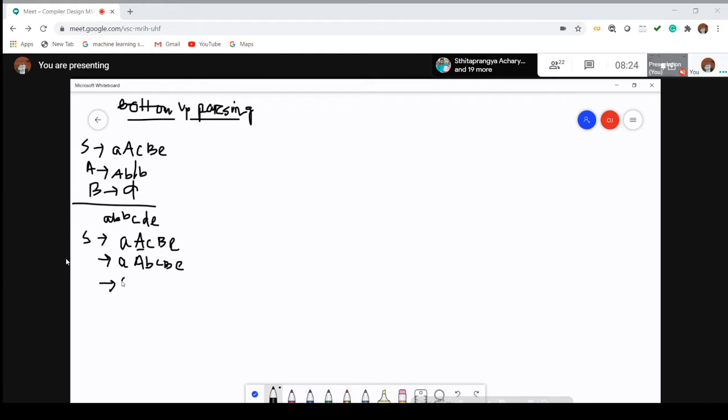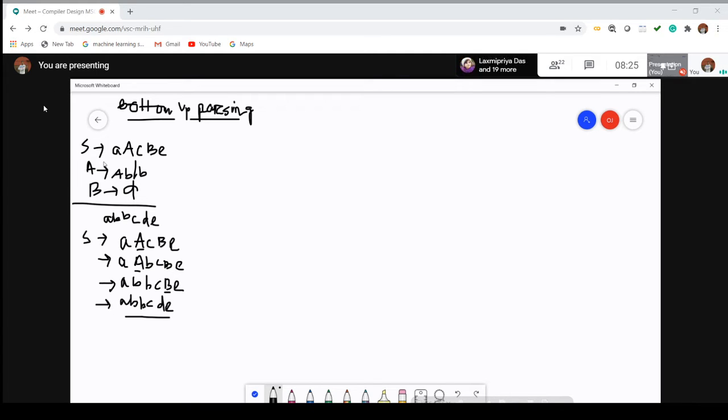Completed. Next, A is completed. There is a production from A to b, so I can replace with b. The rest will remain as usual. There will be c, capital B and e. Now, which one is the non-terminal symbol? This B is the non-terminal symbol. So it will be a b b, this one equal to small c. In place of B, there is a production to d. So you can write like this, it will be d. Now you get the input string a b b c d e. Now you are sure that the input string can be generated from the grammar.